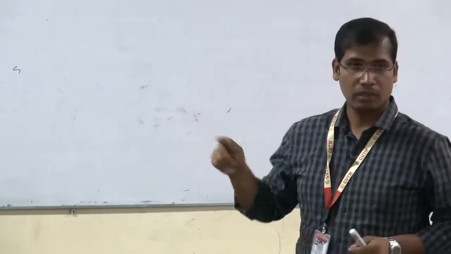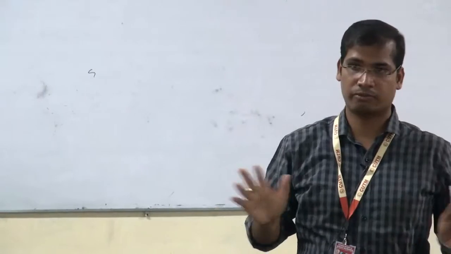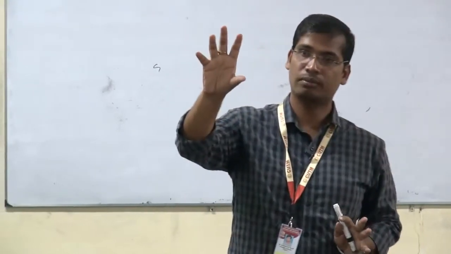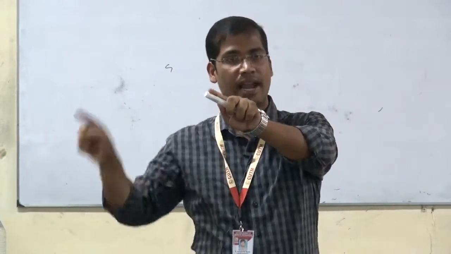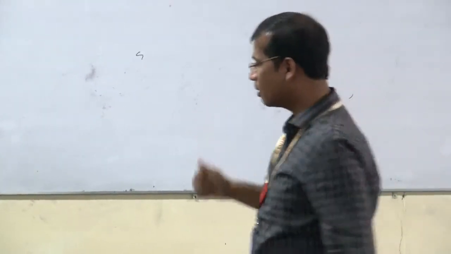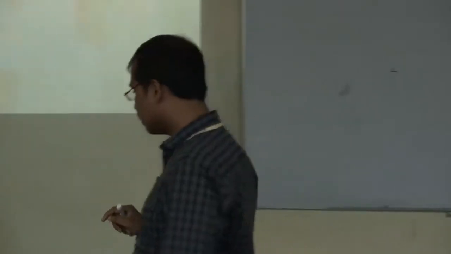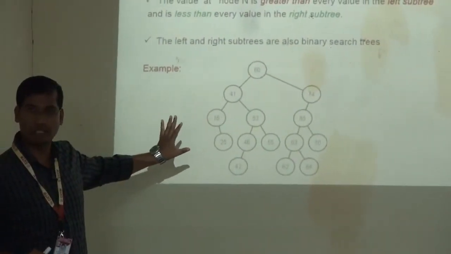Okay? So now all the properties, you got it or not? What is the property finally? Final time. A tree must be a binary tree first. Take any node. All the values in the left subtree of that node are less than the value of the node, and all values in the right subtree must be greater than the node. Okay, stick to it. Now I will show you an example. Confirm whether the given tree is a binary search tree or not. Look at the given tree, and we have to confirm whether this tree is a binary search tree or not.